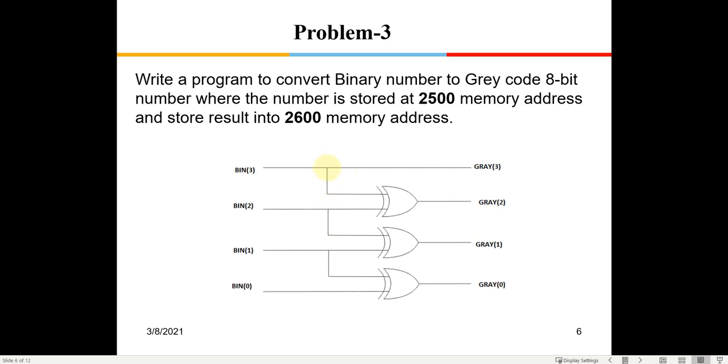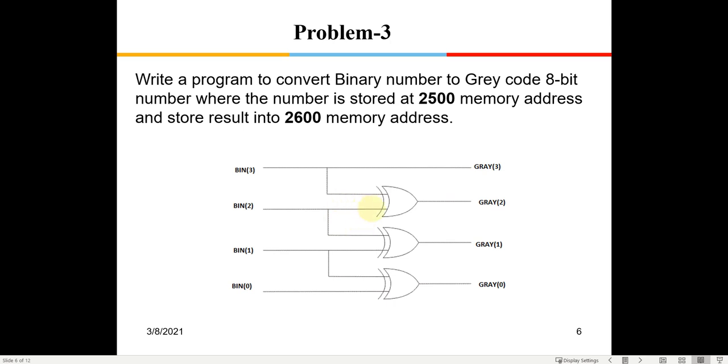Here what we need to do is, this is a set of binary number, right? First only 4 bits are shown here, but you can expand it to 8 bits. We need to just shift it towards the right once, right? So that is XOR, right? So B3 will get an XOR with B2, right? And then B3 first is going to be as it is, and the next bit you get by XORing it with the previous MSB.